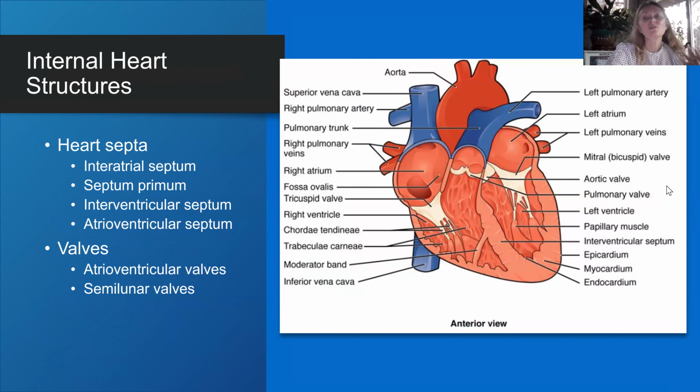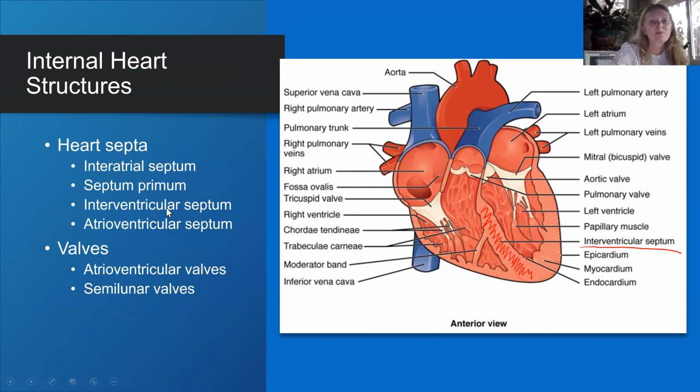Okay, we also have heart septa. Those are structures that separate the ventricles and atria from each other, right? So we have the interatrial septum. It tells you that it's between the two atria. Then let's skip this for a second. And we have the interventricular septum, and this one separates the ventricles. So on this diagram, you really can only see the interventricular septum, right? So it's right here that separates the right and left